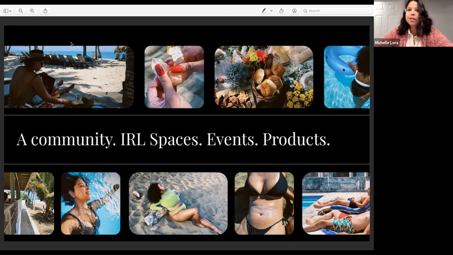The first thing I dropped was something that I just cheekily called Michelle's favorite things. I was in the middle of a move and I had so much beauty product that I didn't want to get rid of. So I ended up just putting it on my Shopify page and having our NFT holders redeem them. And that experience was so fun. It invigorated me to continue to do more. So as of today, we've done things like create a physical do not disturb sign that can go along with your digital one. So you can use it on your actual physical door should you have neighbors or roommates, for example, that you want to leave you alone.